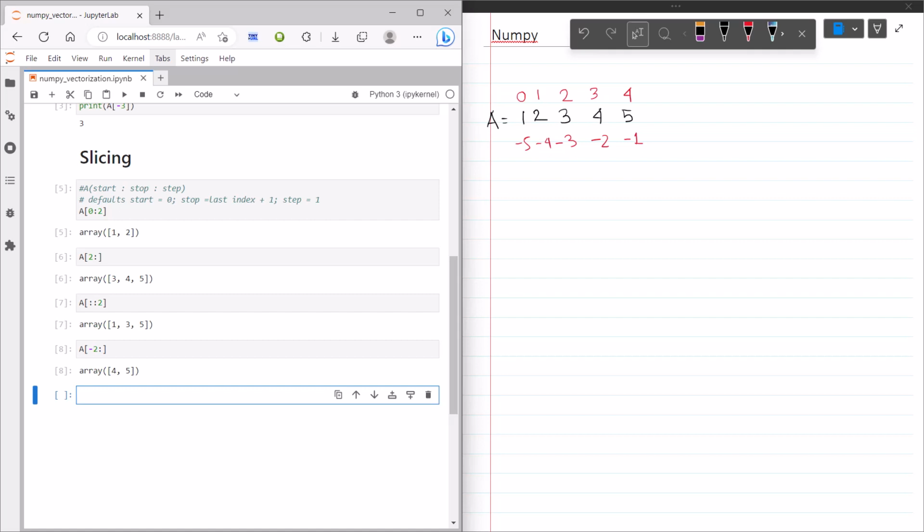So it is starting from -2, default step is 1. So starting from -2, it will go all the way up to the end and it ends at this -1, that is 5. And let us say A[-1